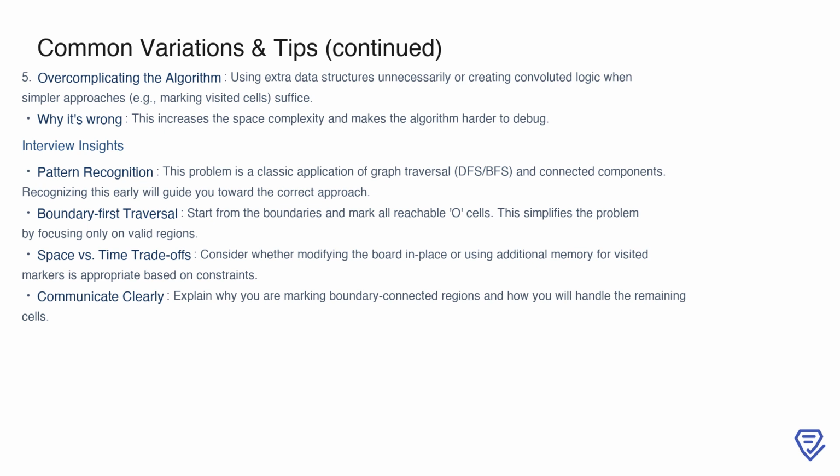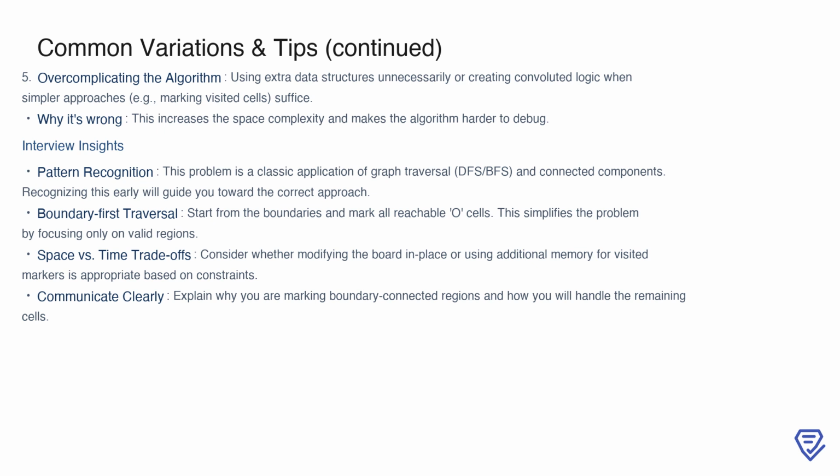remain unchanged. Additionally, you need to carefully weigh space versus time trade-offs. For instance, decide whether you'll modify the board in place or use extra memory to track visited cells based on the constraints. Lastly, during an interview, it's important to communicate your thought process clearly. Explain why you're marking boundary-connected regions and how you plan to handle the remaining cells to ensure the interviewer understands